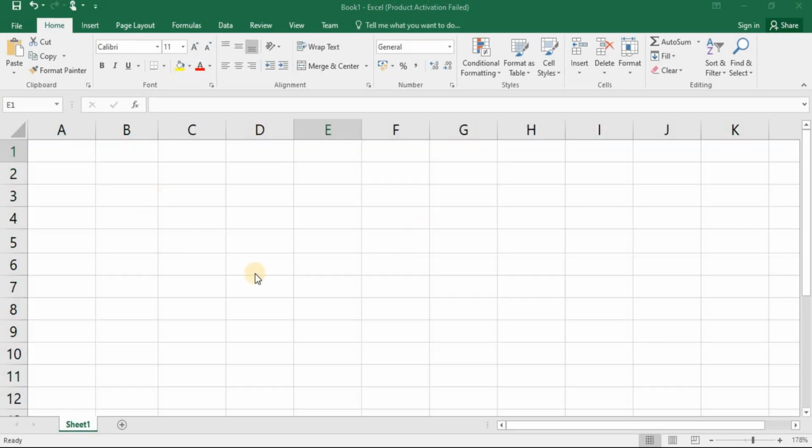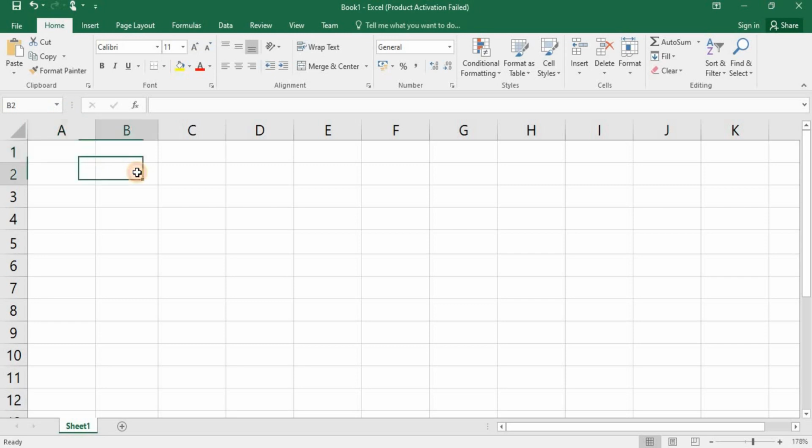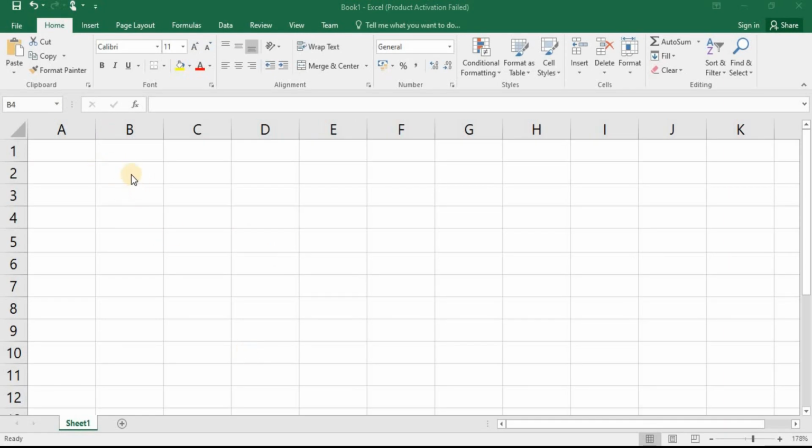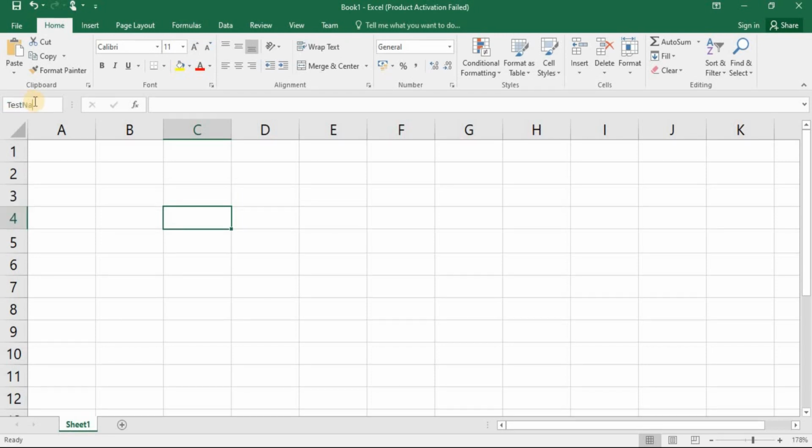In this workplace, each cell will have a name. That name you can see in this name box. This name is also called reference. If you want to see the name or reference of a cell, just go to that cell. Here you can see the name or reference of the cell. If you want, you can change the cell name. How to do that? Just go to the cell which you want to rename. Then come to this name box and type the name, then press enter. Note that each cell should have a unique name.